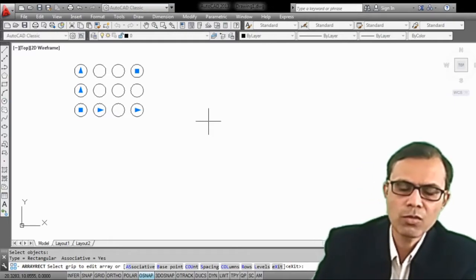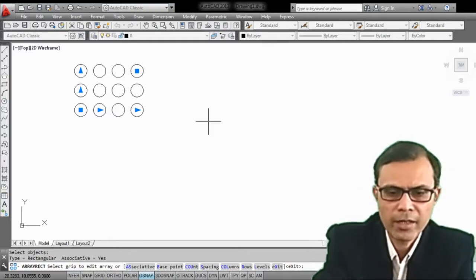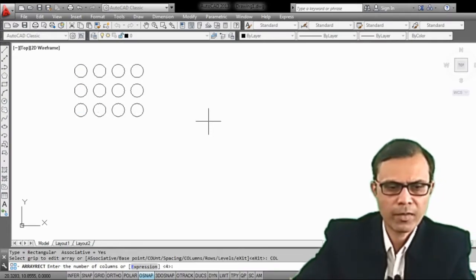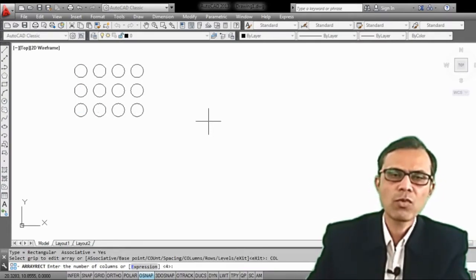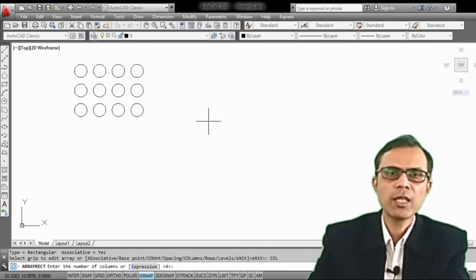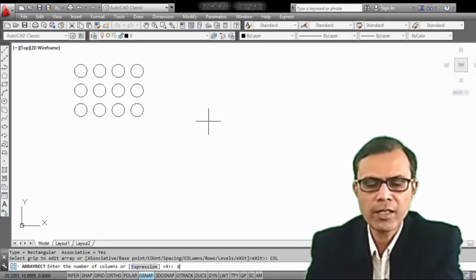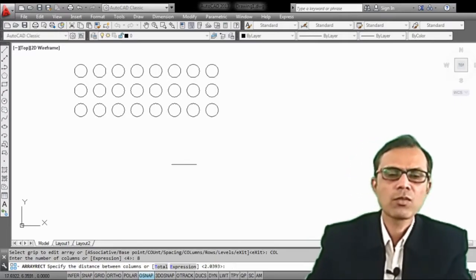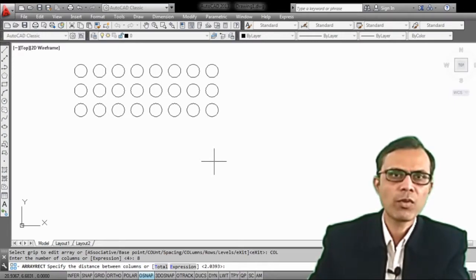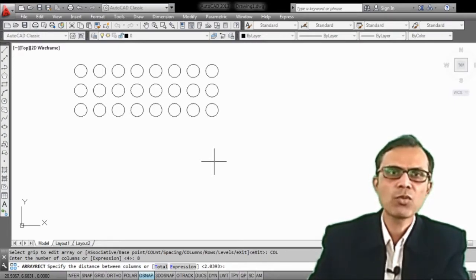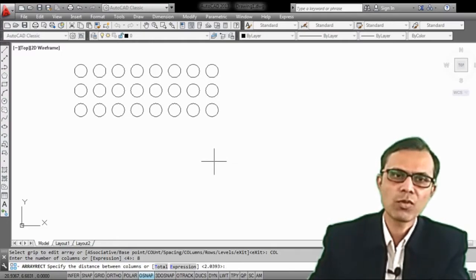So if we want to change the columns, then simply here type column, COL, enter the numbers of columns. Now instead of 4, if I want to create 8 numbers of columns, then enter 8. So here you can see 8 numbers of the columns are produced. Likewise, we can also change the numbers of rows.